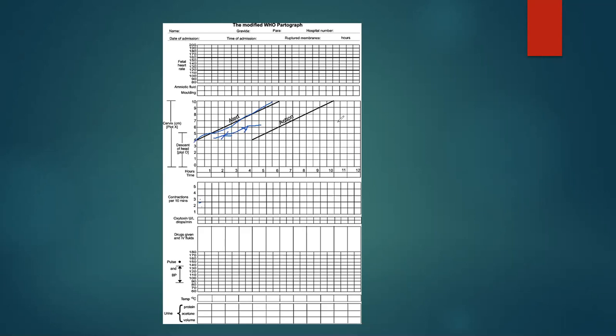I said for prolonged labor, cervical dilatation is to the right of the alert line. Contraction is inadequate. And there is secondary arrest of labor. So in most cases, that is prolonged labor. And this other one